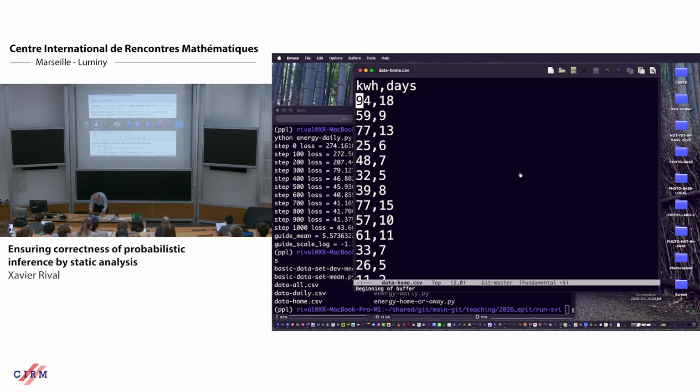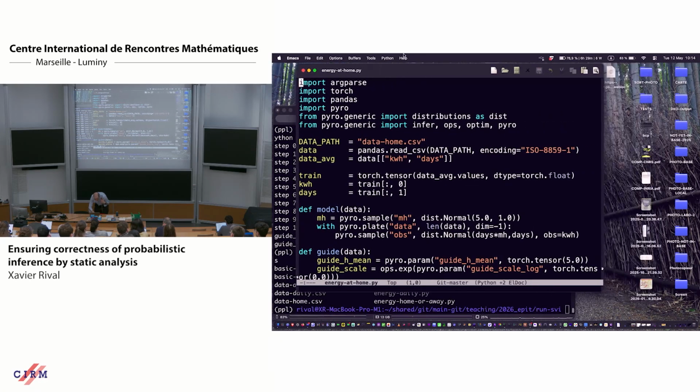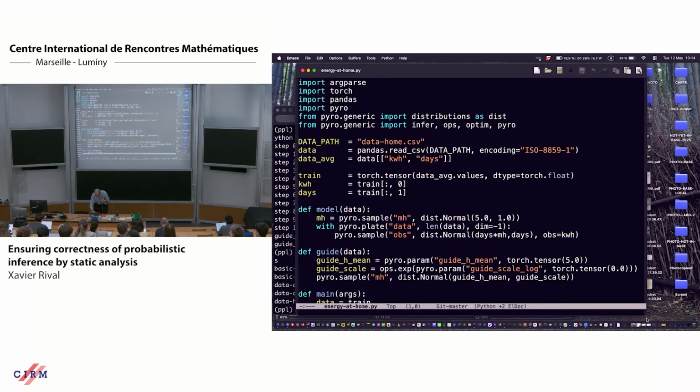So let's. So it is energy, and this one is when I'm at home. Okay, so here is the file. So we have a data set with essentially two, so it's a two-dimension tensor, it's just a spreadsheet. First column is the consumption, second column is the number of days. And then the model is here, so it just samples from some normal distribution. So here for concision, I just assume that the deviation is 1. So I can leave this assumption later, but because we already talked about this, I simplified things a little bit, so I assume that every day I have one distribution from which I am going to sample